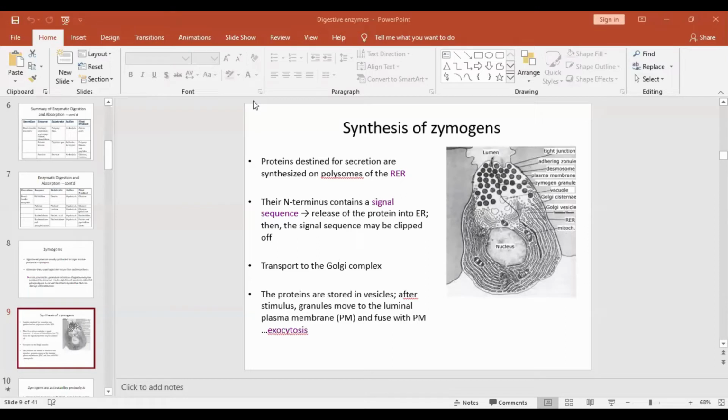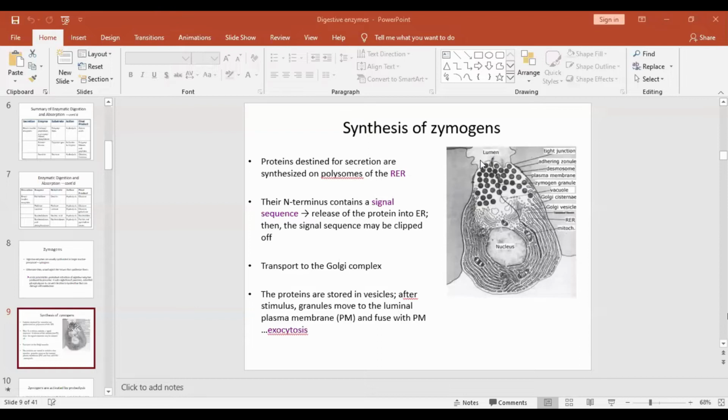So for that purpose, they have the signal sequence in their N-terminal, and that gives direction. For example, through the transcription and translation process, when such enzymes are being synthesized in the rough endoplasmic reticulum, because they have this signal sequence in the N-terminal, it determines where the proteins are subjected to get into. From that synthesized part, it enters towards the Golgi apparatus, and through the vesicles,